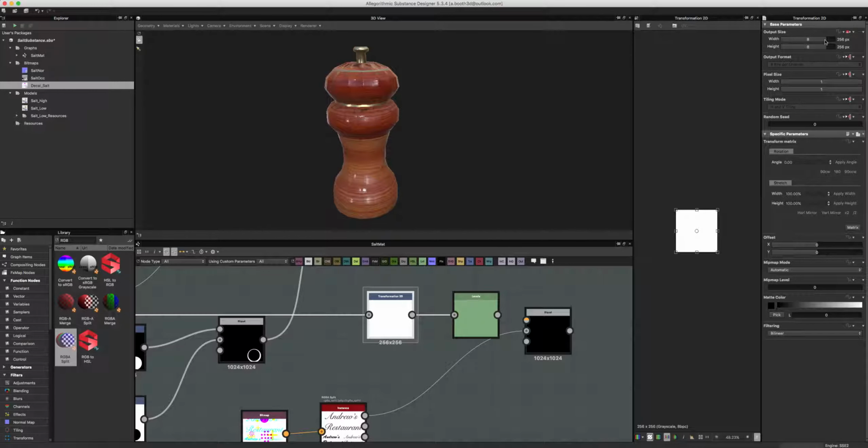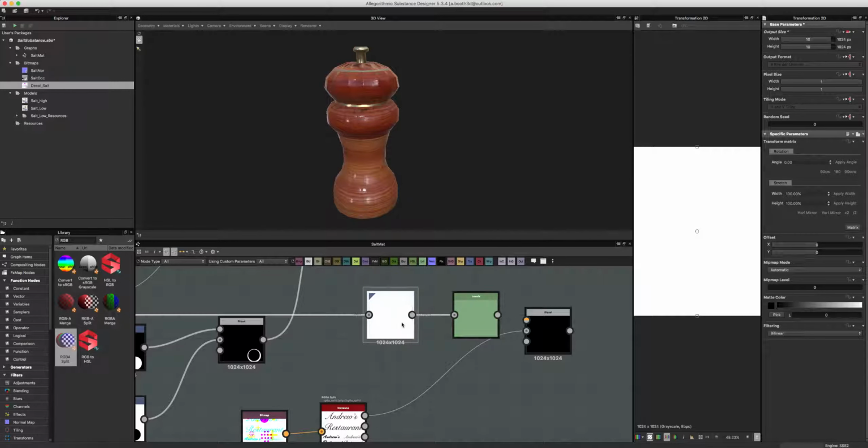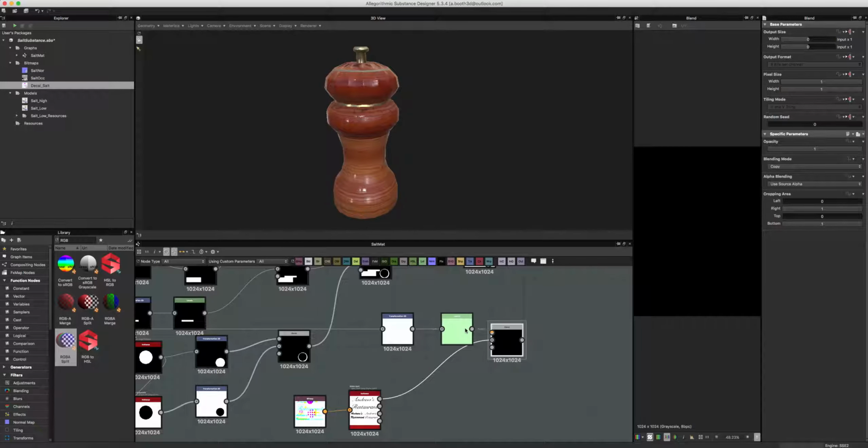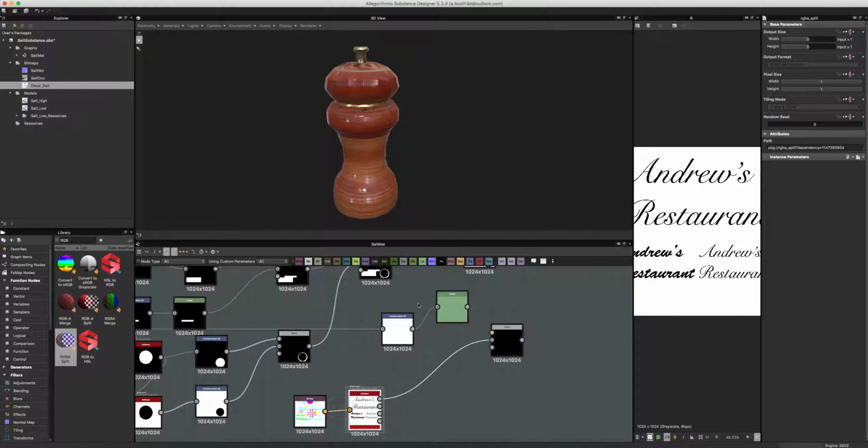Alter the resolution so it'd be 1024, and then using this, we can double click this so it'd be the main select,